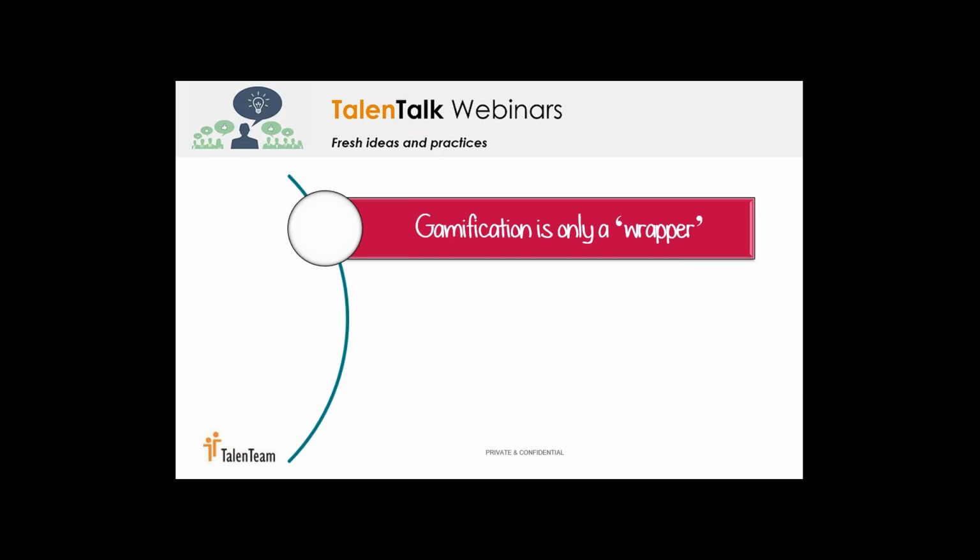First and foremost, it's really important to highlight that gamification is only a wrapper. What that essentially means is that gamification can't go in and transform inferior material or platforms. It's only going to apply some of these very strong elements, but it doesn't transform pre-existing subpar material. It's going to enhance already solid and substantial platforms or content, but it's not going to magically make something better when it's originally not up to standard.